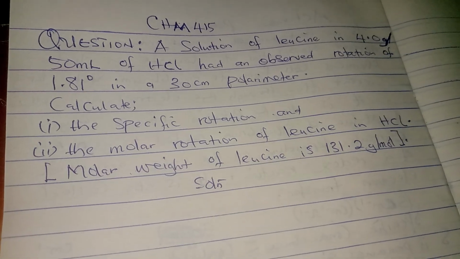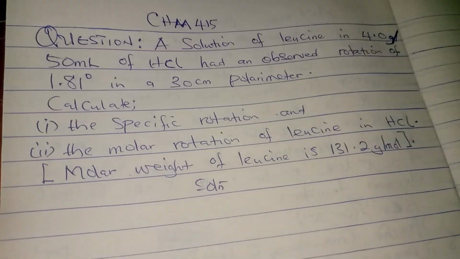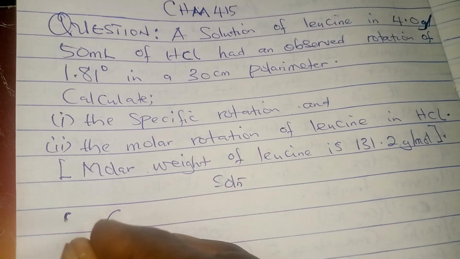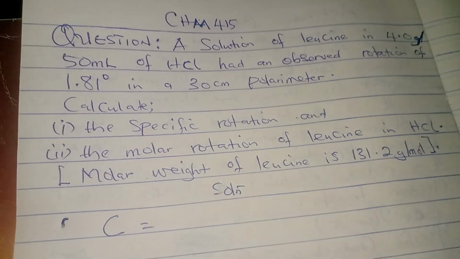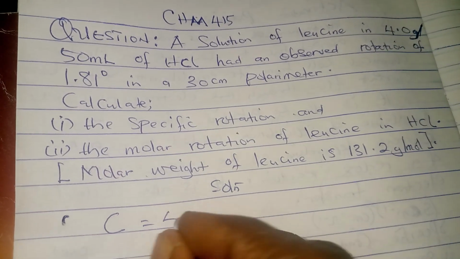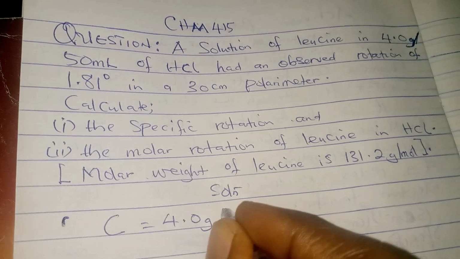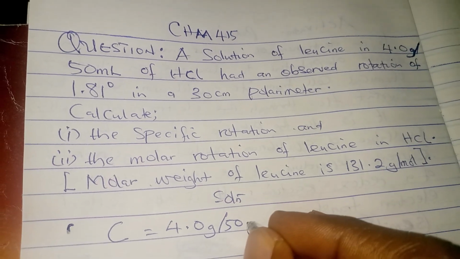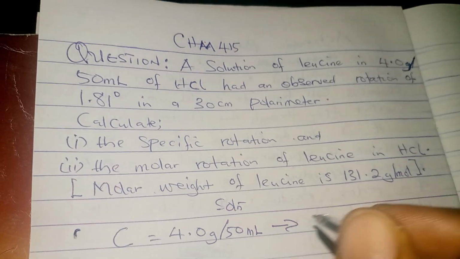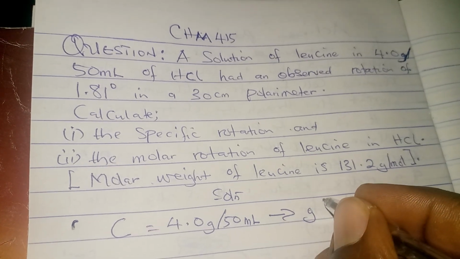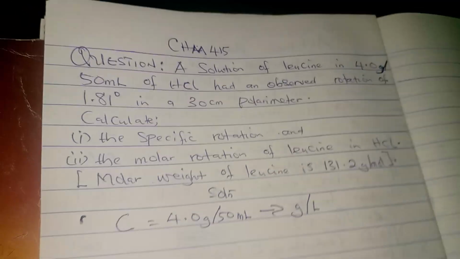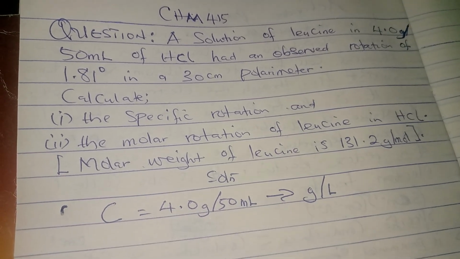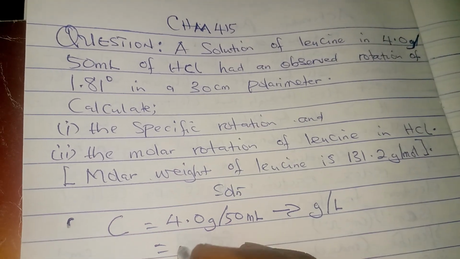gram per liter or gram per milliliter is a concentration. So your concentration can be symbolized with a letter C, equal to 4.0 gram per 50 ml. So convert this to gram per liter. Now, for you to be able to convert this to gram per liter, so you can have your SI unit, you simply